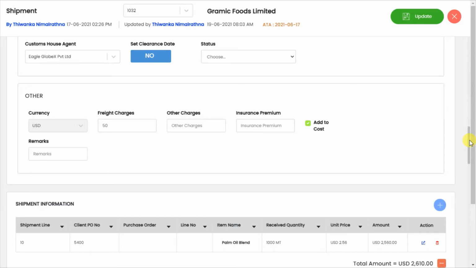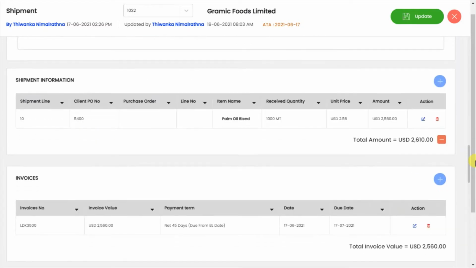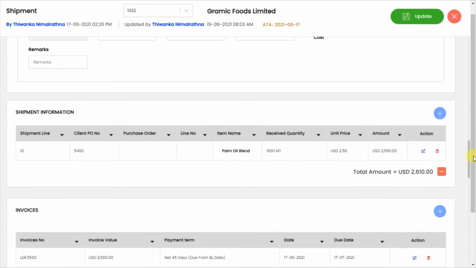So if you are using the logistics invoice section, you can update the freight charges in the logistics invoice section, and otherwise you can mention the freight charges here. One important thing: when you are importing under freight prepaid terms, you have to check whether the supplier mentioned freight cost, insurance, packaging charges or other charges separately to the item cost.